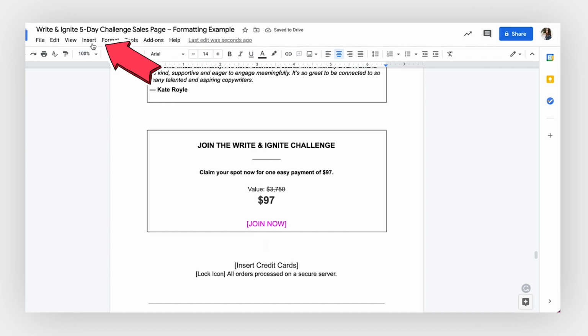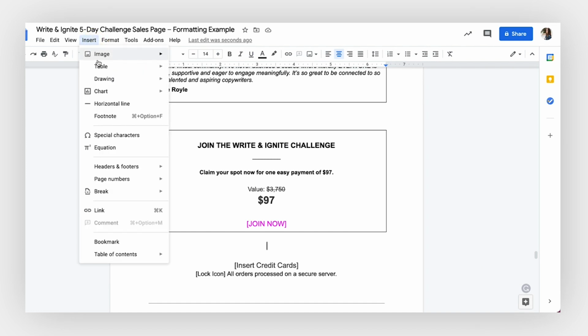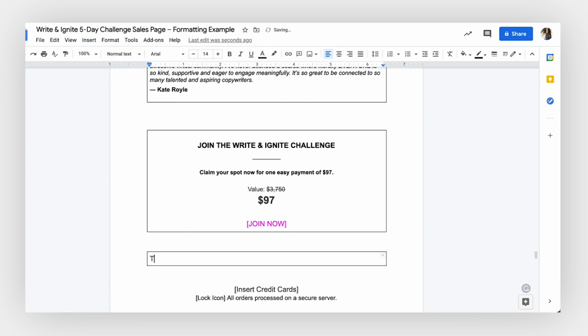So to add a box, it's really easy. You just go back up to Insert, select Table, and then select the single 1 by 1 box, and then voila, you just simply type your copy inside of it. So this little stuff is so simple, you guys, but it really goes a long way for making sure that the copy and design mesh well together.